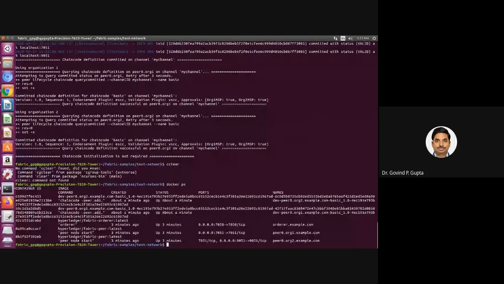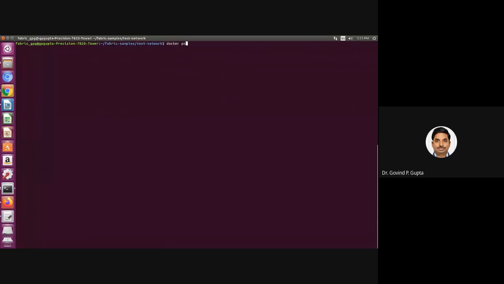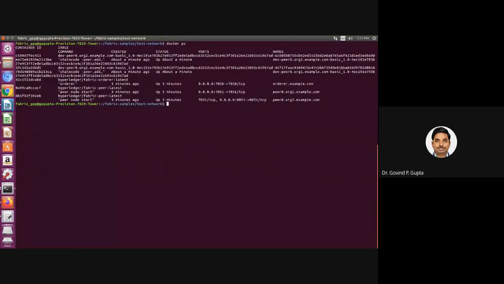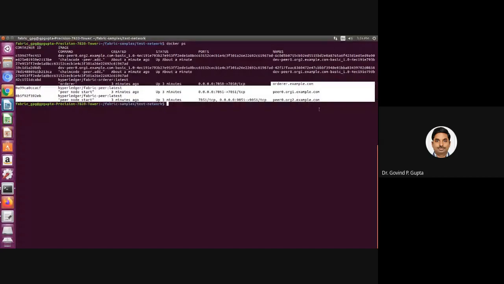So you see here, I just cleared the screen. Now you see how many images are in the Docker. These three were previously created.